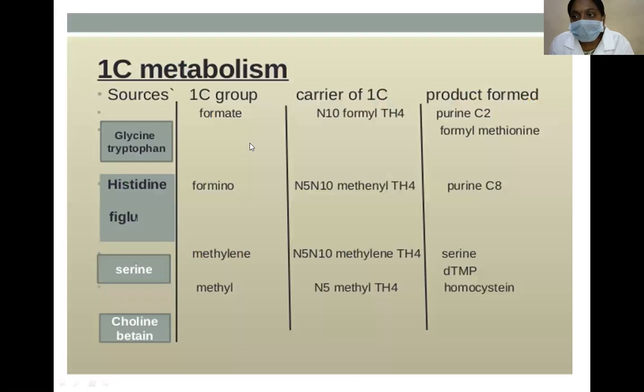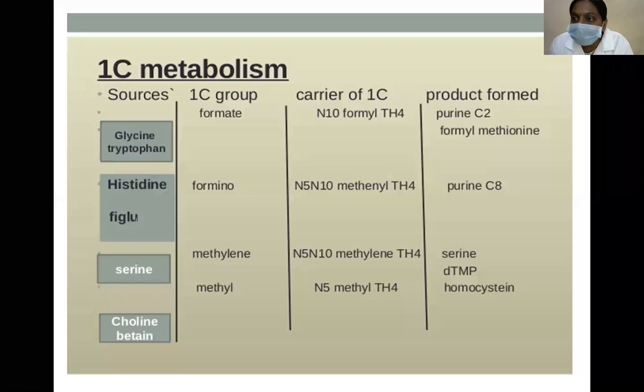And the main function is in one carbon metabolism. It mainly participates in one carbon metabolism, involved in the synthesis of amino acids, and purine and pyrimidine synthesis. The sources of one carbon are mainly glycine, serine and tryptophan. The one carbon groups are formate groups, and the carrier of one carbon is N10-formyl tetrahydrofolate, and the product